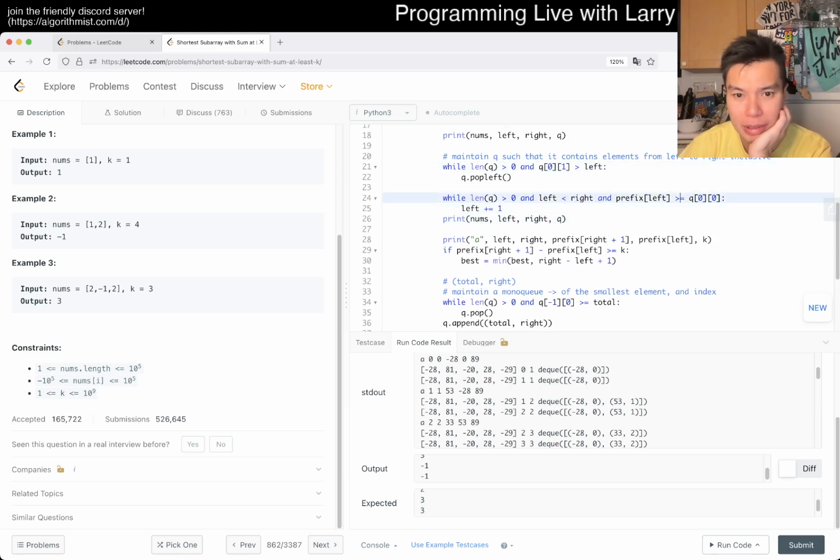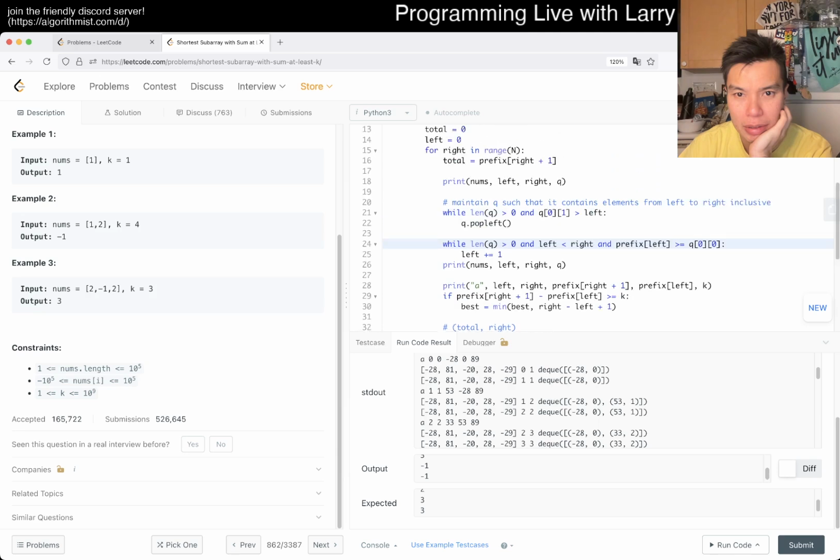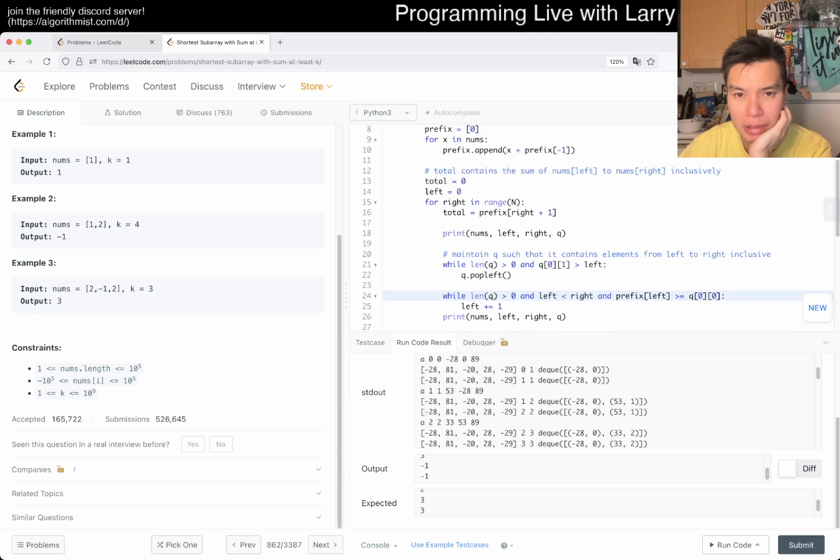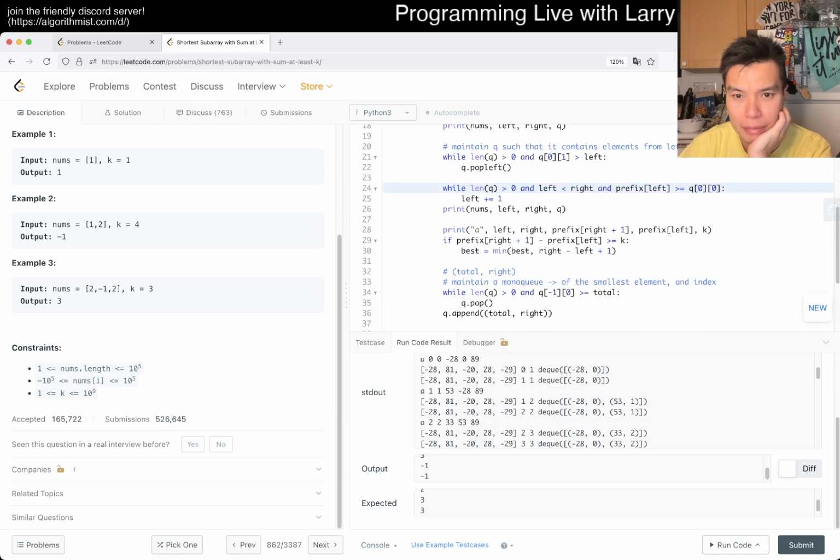Okay, so the min. Okay, so let's say we do a 0, 0 thing. But in this particular case, it would pop it off anyway. So it would pop it off. And then now it goes left, right. So as we increment left,